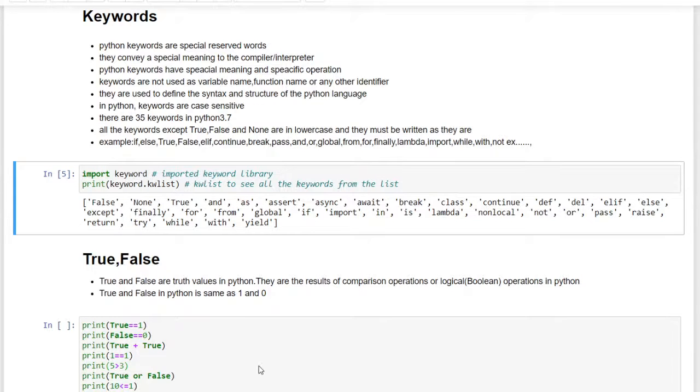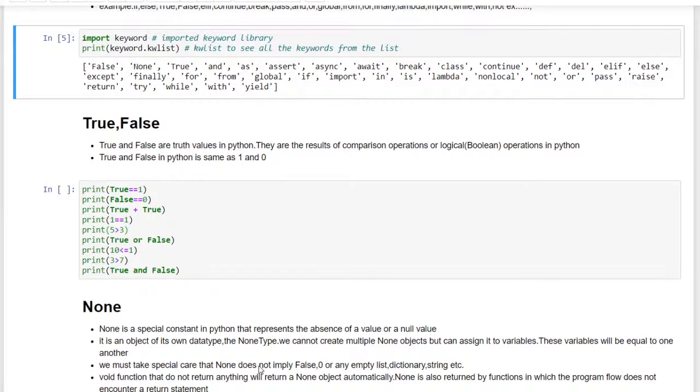So first we will see True and False. True and False are truth values in Python. They are the results of comparison operators or logical operators in Python. So we are going to get True or False when we perform a comparison between two operands or logical operations